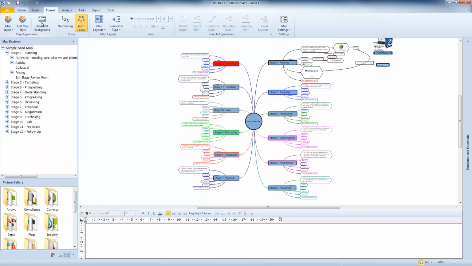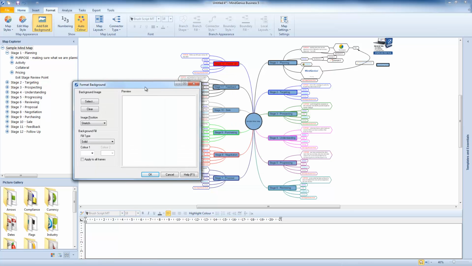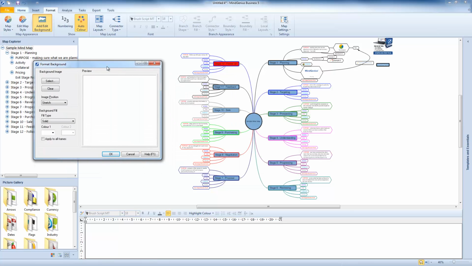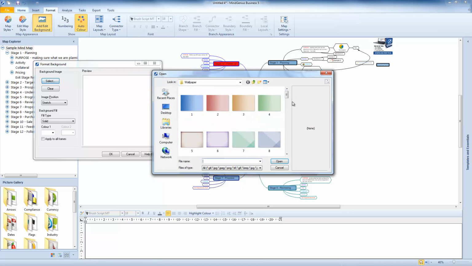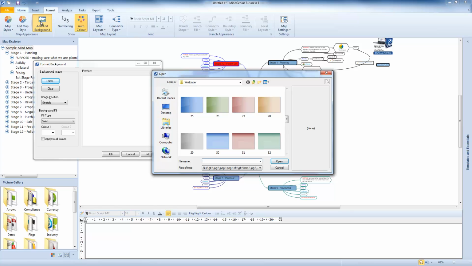Also on your map, you may want to add in a background. Many companies have their own backgrounds with logos and information on it. If you'd like some more information or you need assistance with creating a background for your MindGenius to insert in, we do have those services available if you don't have access to a graphic designer. Otherwise, it's very easy. If you've got a pre-background or logo, it's as simple as clicking on Add Edit